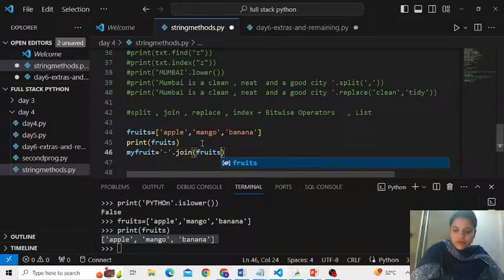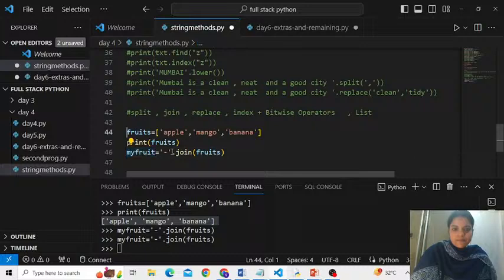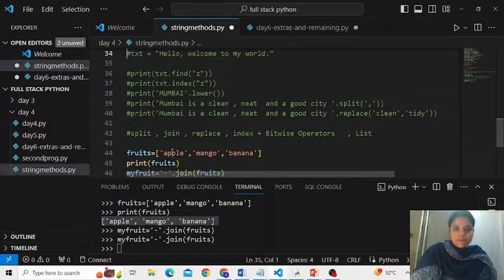First, let me run this code. I run a blank line.